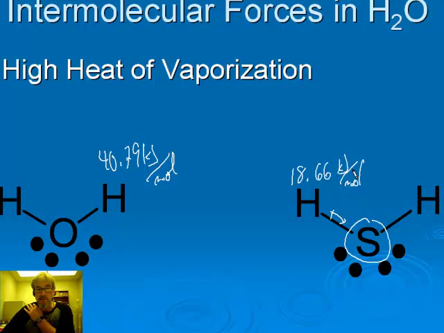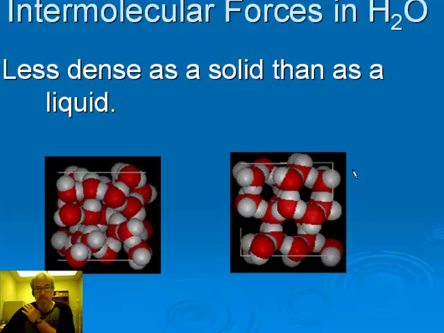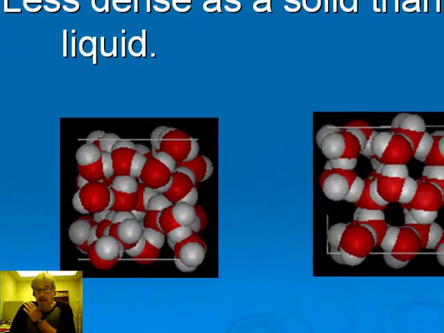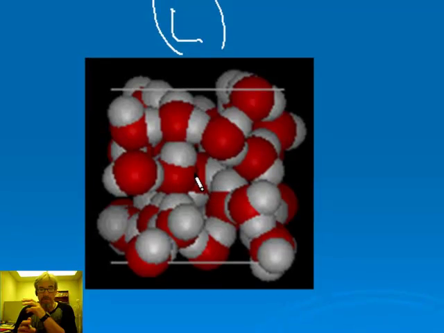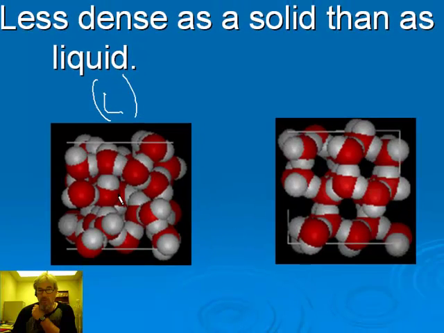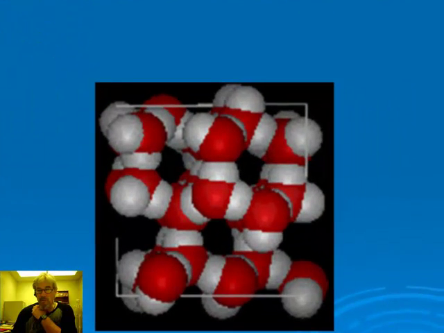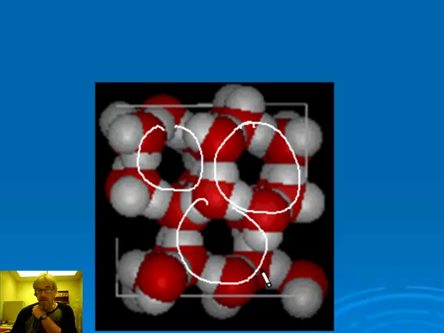Another feature of water is that it's less dense as a solid than as a liquid, and that has to do with the fact that these intermolecular forces cause water to organize itself in a space-filling way when it gets cold and can't move around anymore. So here's liquid water over here. The liquid water, you can see the particles are packed closely together because they can jumble around and fill up the spaces. But as soon as it gets cold enough that the particles aren't moving around fast anymore, they snap into these rigid locked positions and they make this sort of a ring structure. It's three-dimensional, but you can sort of see where there are these open holes. That makes the water take up less space when it's a solid. There are fewer particles in the same amount of space, and as a solid, it's less dense, which means it